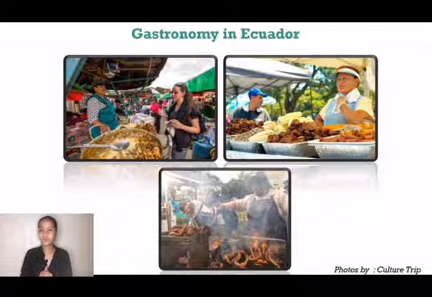So, those are the popular dishes here in Ecuador, found in different regions. But in addition, it is worth going to the local market and trying the specialties of the street vendors. In Ecuador, people are eating on the streets from morning till night. You will be surprised how many interesting things you will find there.